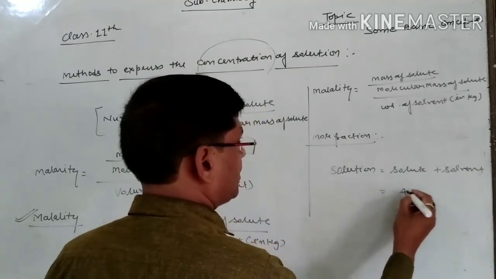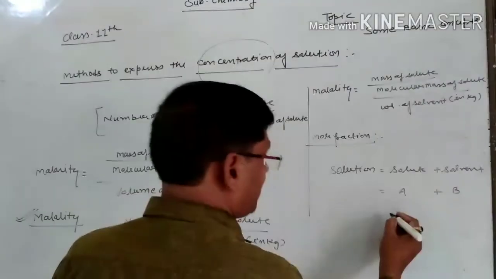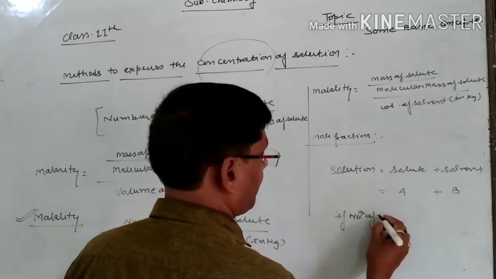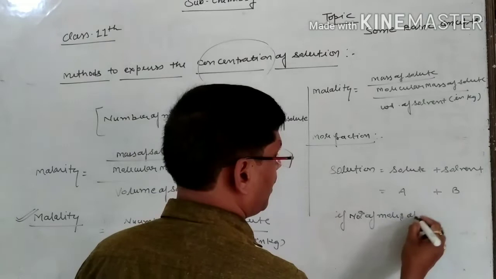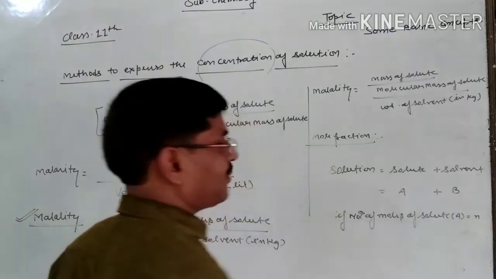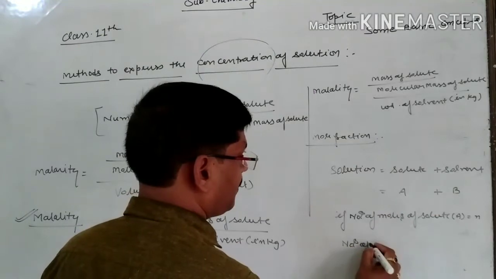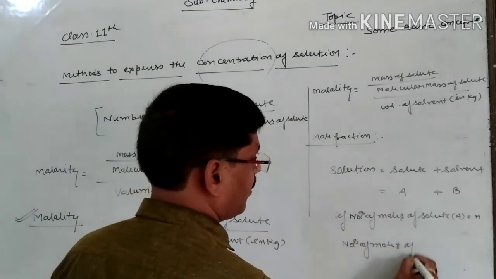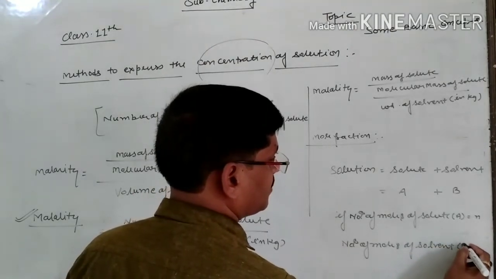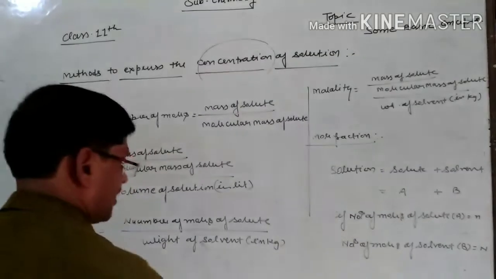Suppose that solute is capital S and solvent is capital B. If the number of moles of solute is small n, and the number of moles of solvent, once again I suppose, is capital N, then mole fraction